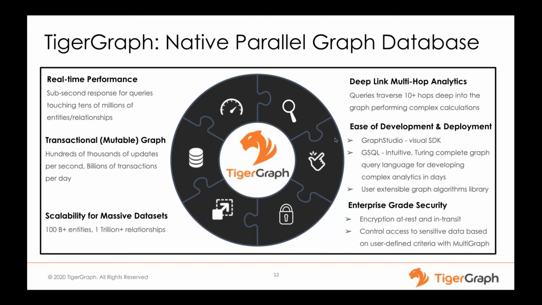And then we have GSQL, which is our querying language. It is a Turing complete language, which means it is very rich in expressibility. Just like SQL, a lot of the syntax is modeled after SQL. So if you have familiarity with SQL, GSQL would be a natural extension of that, and you can get started quickly. And we also feature a rich library of graph algorithms that provide you, out of the box, a great toolkit to get started on their use cases, especially for data scientists.